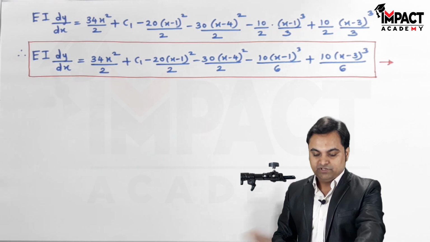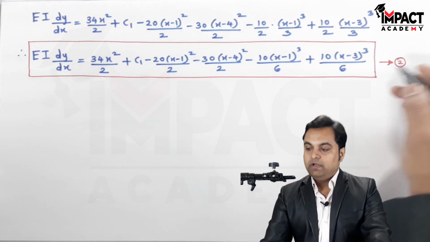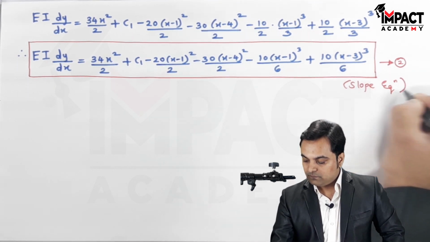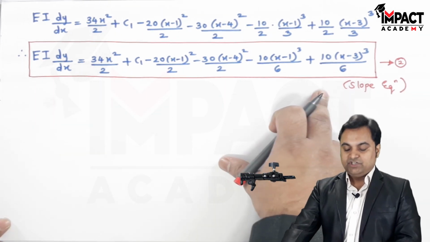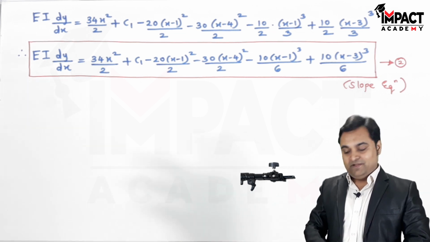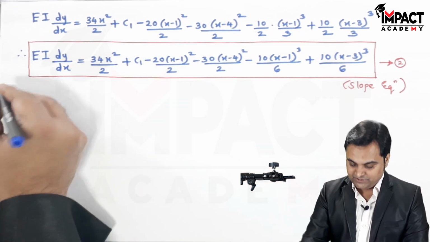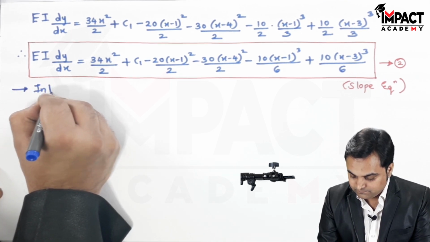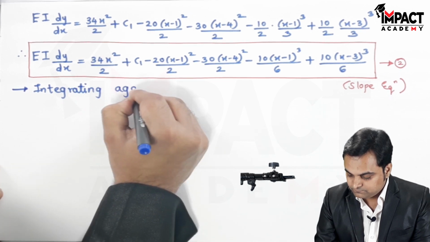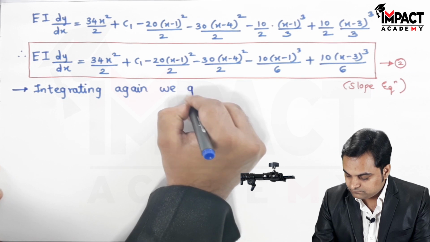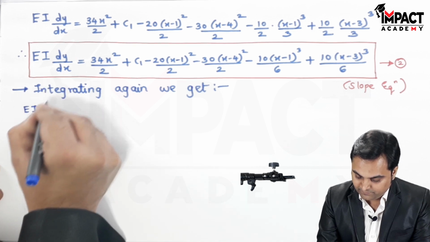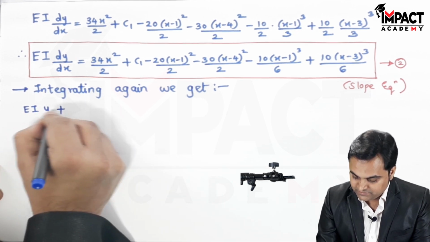I'll be keeping this equation as equation second, and it is giving me the slope equation. Next, integrating this equation again will give me the deflection equation. So integrating again, and that is why it is called Macaulay's method, where we use double integration. EI will remain as it is. dy by dx will become y, plus it is equal to